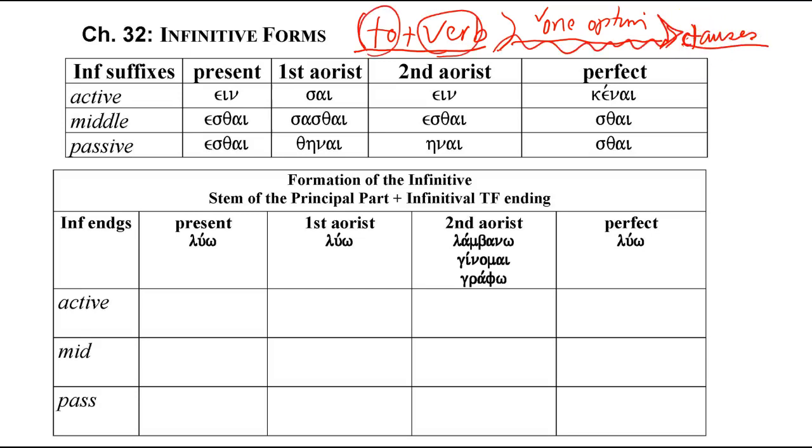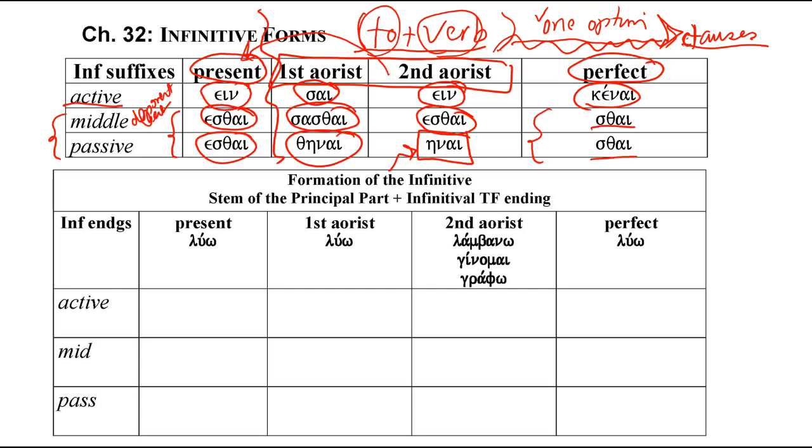So we'll go over the details of translations in a bit, but now we need to go over the forms. And the forms for the infinitive are actually simple, and they're not a lot. We'll be covering the present tense forms, the aorist forms, which have a first and second aorist form, and then the perfect forms. I think these suffix endings to form the infinitive will be clearer to you if we do some examples. So let's go over the present infinitive.